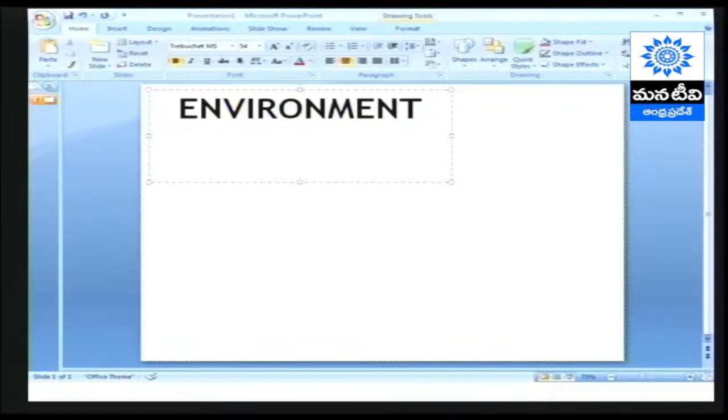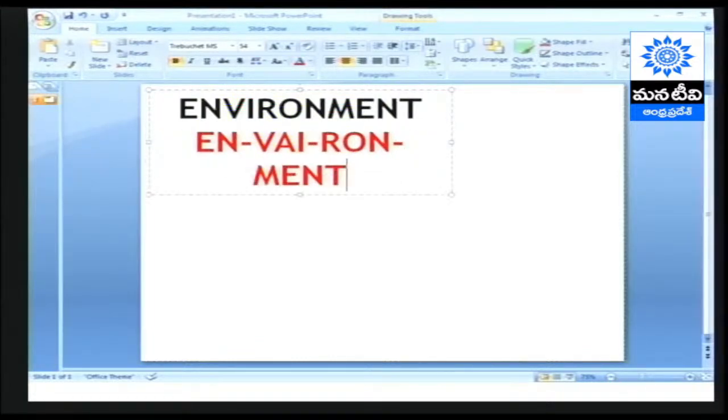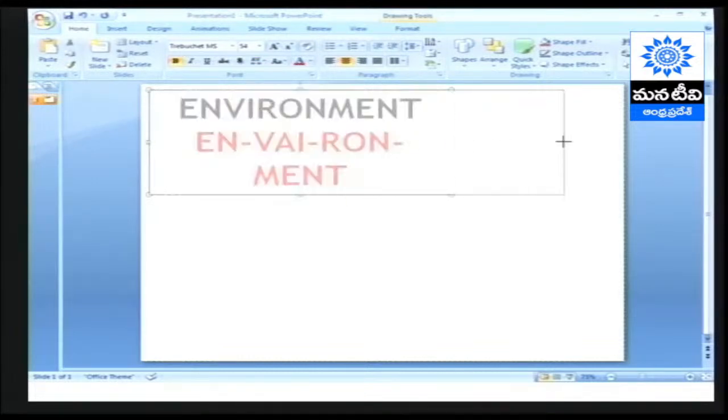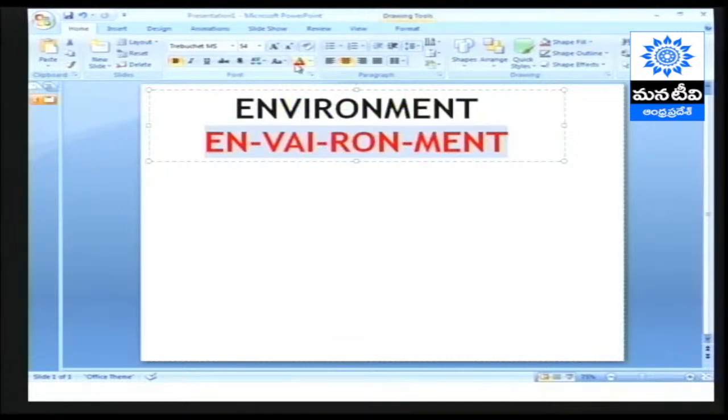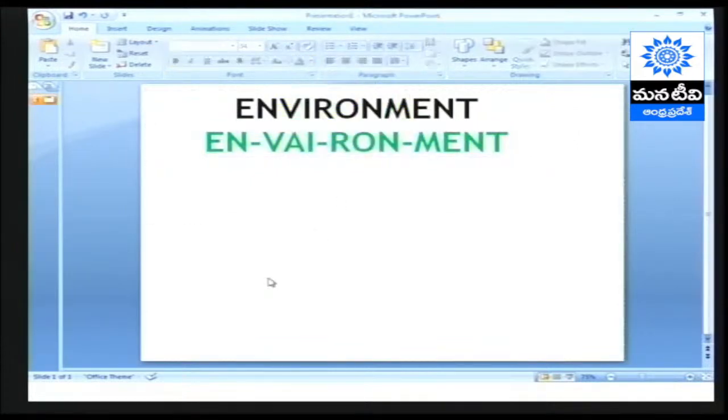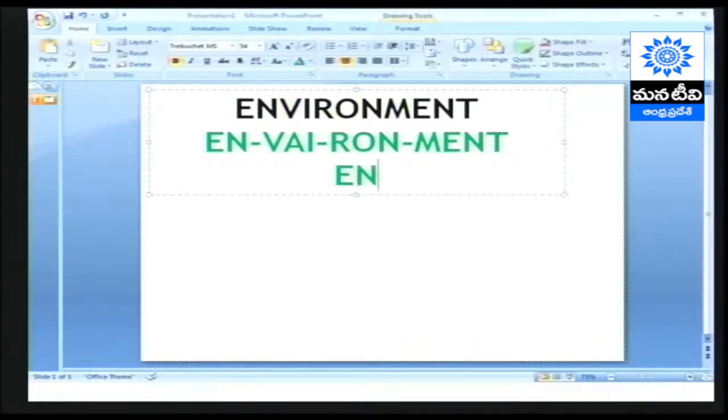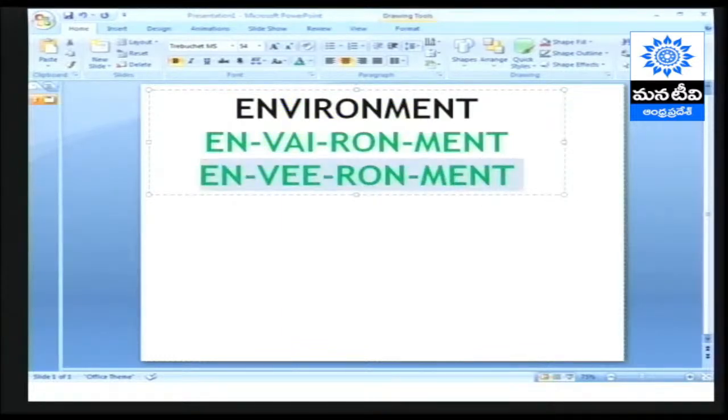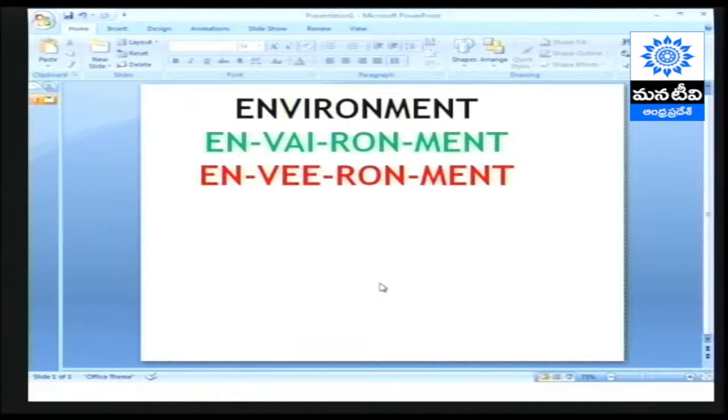Environment. So this is the correct pronunciation. Environment. And the mistake that you end up making is pronouncing it the wrong way. Now this is wrong. It's not environment, it is environment. So please make sure you're pronouncing it correctly. Another word,